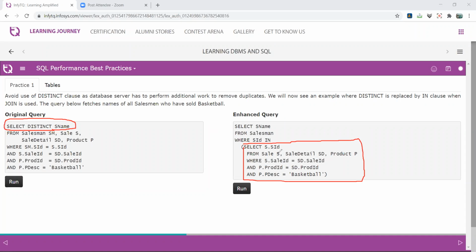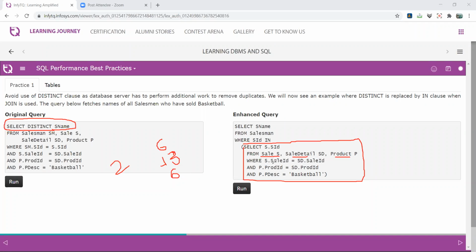Why? Because in this part we use only three tables: sales, sales detail, and product. Sales contains 6 records, sales detail contains 13 records, and product contains 6 records. The three tables are available for the join, so at least two joining conditions, right?